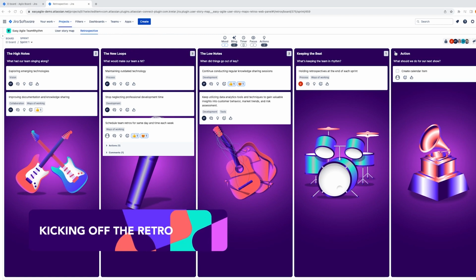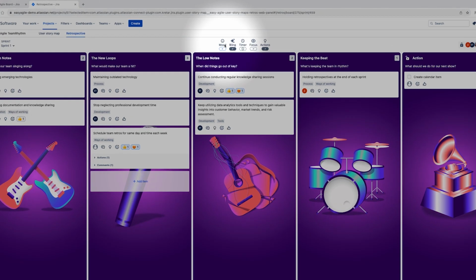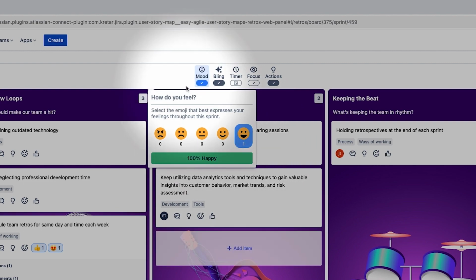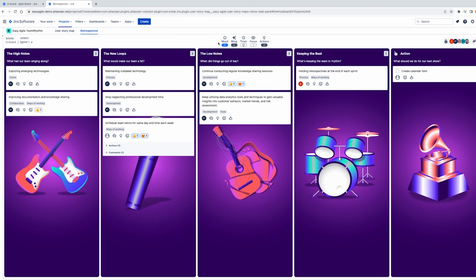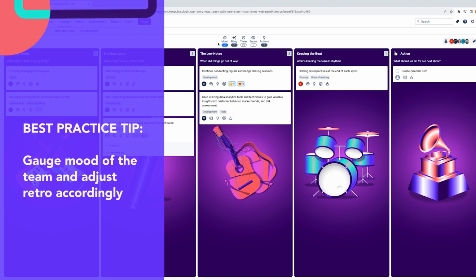To kick off our retro, a best practice tip is to gauge the mood and energy of the team. Depending on how the team is feeling, we might adjust our retro. It may mean we reduce our retro time or focus on certain items to match the energy. Taking the mood of the team can also help to indicate if the practice of retrospectives is improving our team's